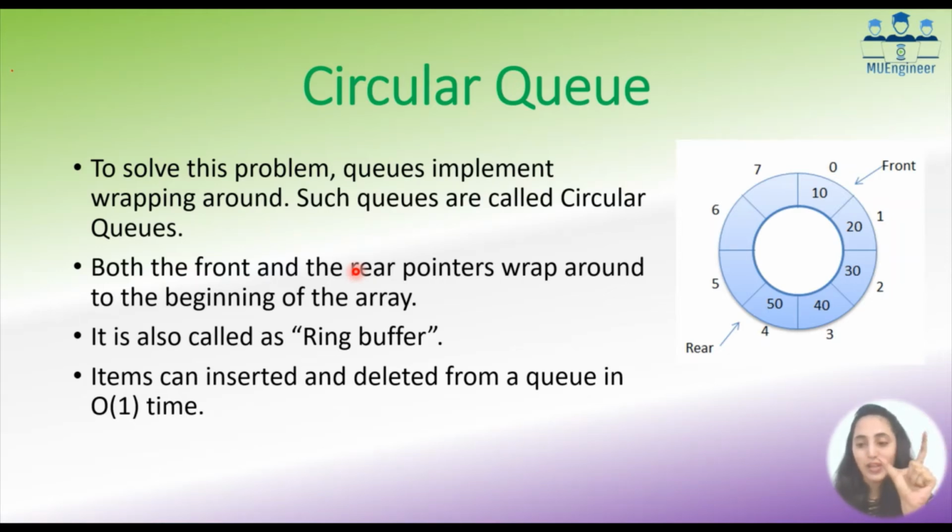So I have these two ends, front and rear, and I'm joining them together. It becomes a circle. Here you see the array's 0th location pointing as front and the 7th location pointing as rear. I combined the 7th and 0 locations, wrapping around. Now it becomes a circle, and in a circle we can keep moving ahead without any stop end. We can also utilize the deleted or vacant locations at the beginning. We can also call it a ring buffer. Items can be inserted and deleted in big O of one time.